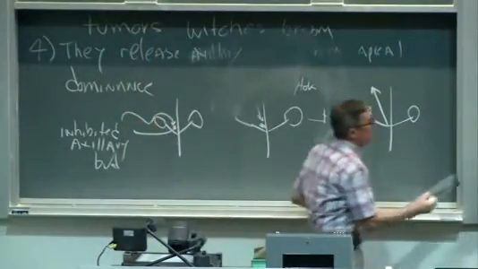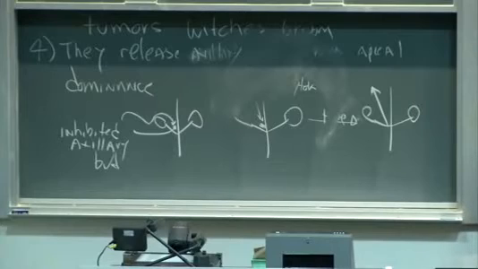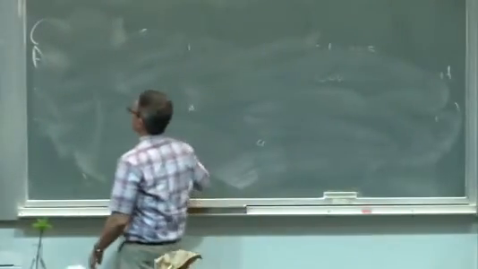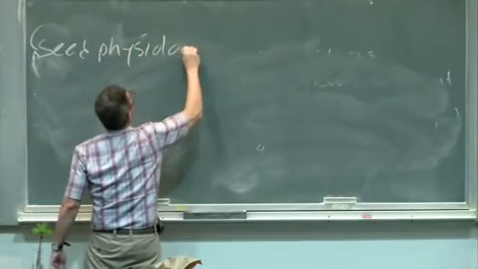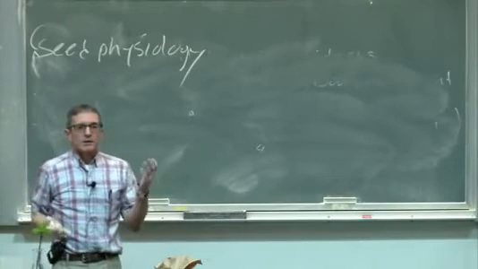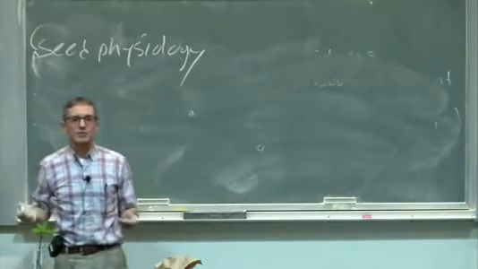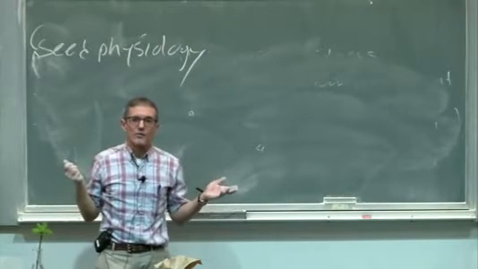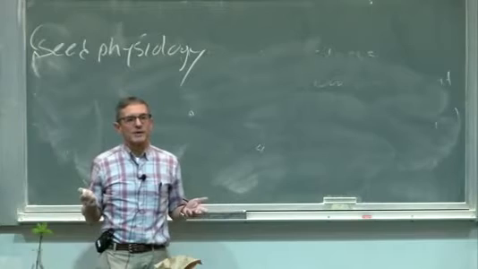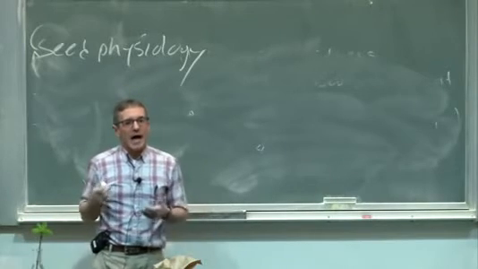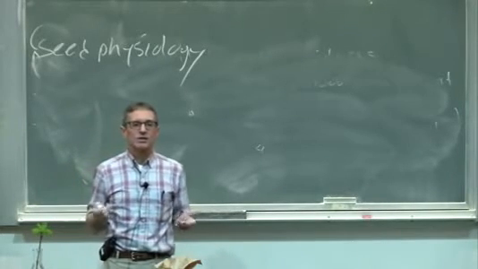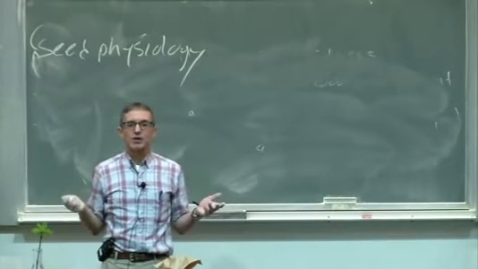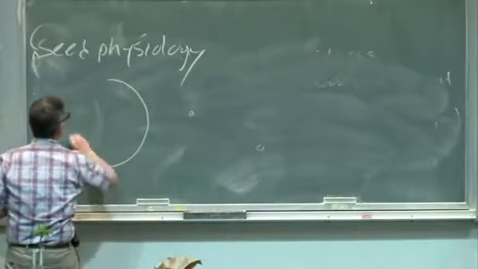Finally, what I'd like to do is to talk to you about what I think is the most interesting developmental aspect controlled by ABA, and that has to do with seed physiology. As most of you know, seeds are produced in the fall, and then you plant them in the spring when the conditions of the weather get more favorable for seed germination. But in natural environments, these seeds, which fall to the ground, have to know when it is time for them to germinate. What is it that tells them that the environmental conditions outside now are favorable for the seed to germinate? And in these circumstances, what one has found is that in the seed coat,